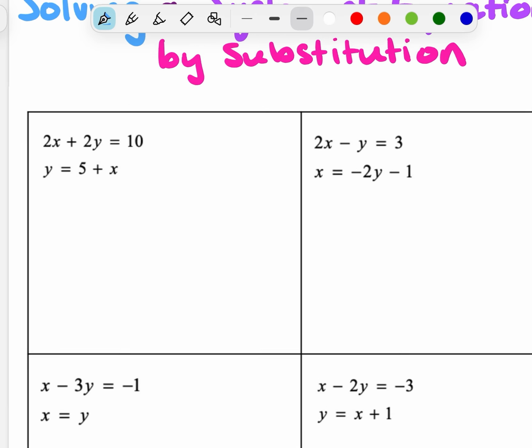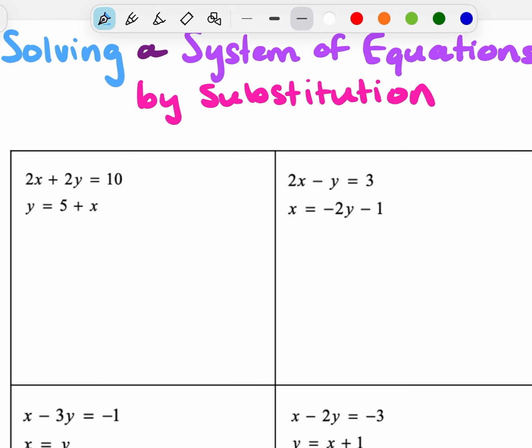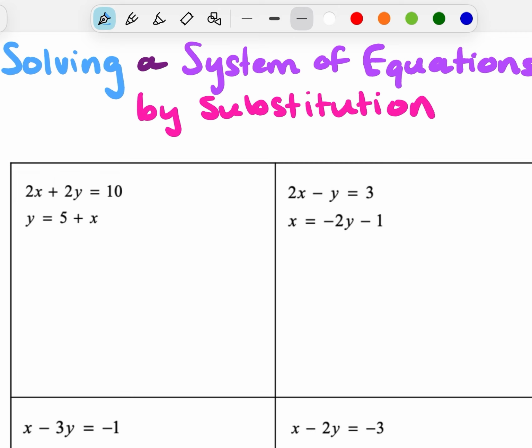To substitute means to replace. So for all of these, we're going to replace one variable with an expression of another. For this first example, 2x plus 2y is equal to 10, and y is equal to 5 plus x. Well, y is equal to 5 plus x, so I'm going to take this first equation and rewrite 2x plus 2, but instead of y,